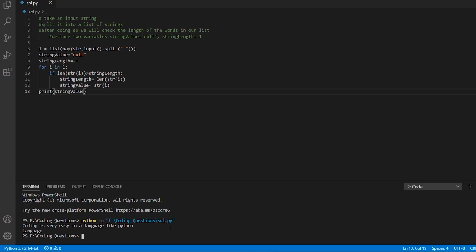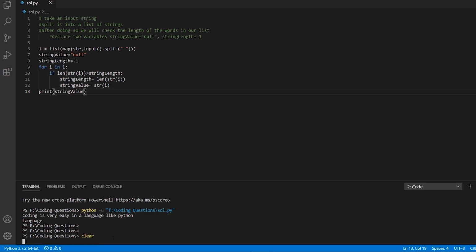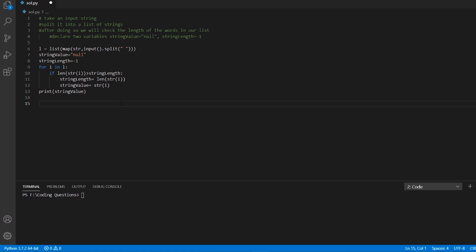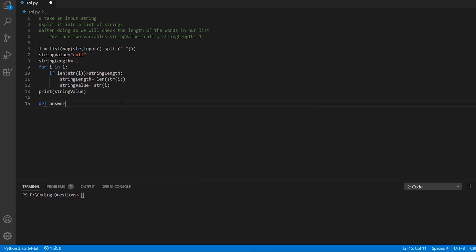So basically your question will still demand the same thing, which means that you have to print the particular word from the sentence which has the largest length, and you have to do this by writing your code inside of a function. So how can we achieve that? Let's look at that code right now. All right, so let's clear this first. Now let's say we have the dummy function which will return the answer, so we write answer, and our string is passed, so the input is handled by the compiler itself, and it is already done for you. You just need to code it.